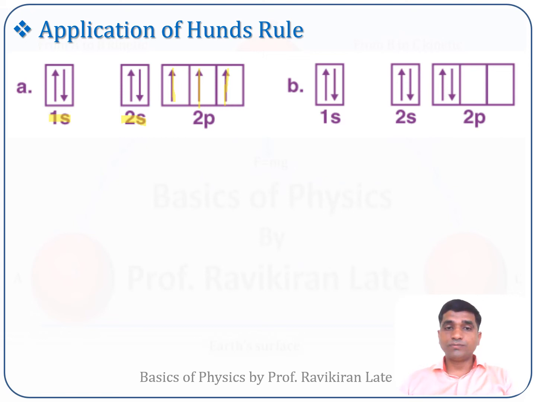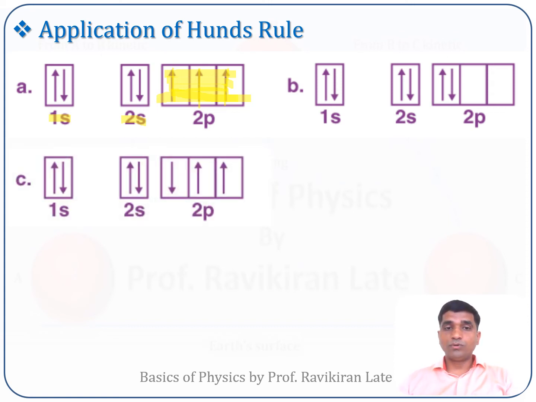Why is it so? Because if you take the addition of the spin angular momentum of all these electrons, it will be 1/2 plus 1/2 plus 1/2, that is 3/2. So its total spin in this case will be 3/2. Now if you consider the same case here, the first electron is down spin and the next 2 electrons are up spin. Now if you calculate the total spin angular momentum, these 2 electrons will cancel each other's spin angular momentum. So in this case you will get only S equal to 1/2, due to the last electron only.